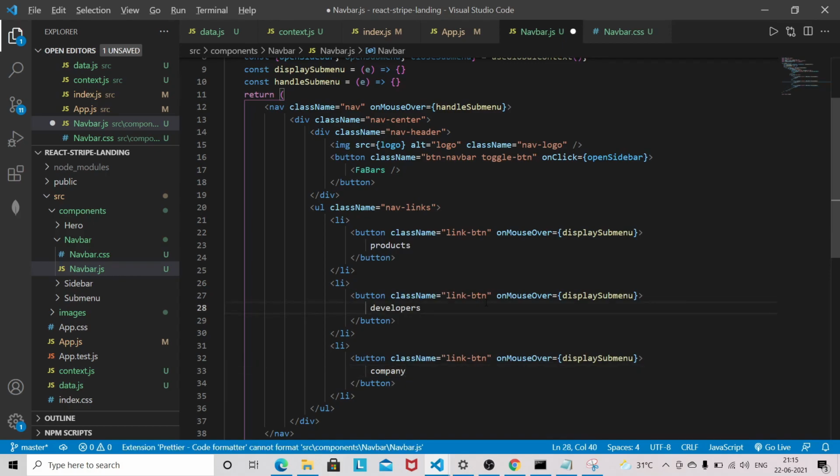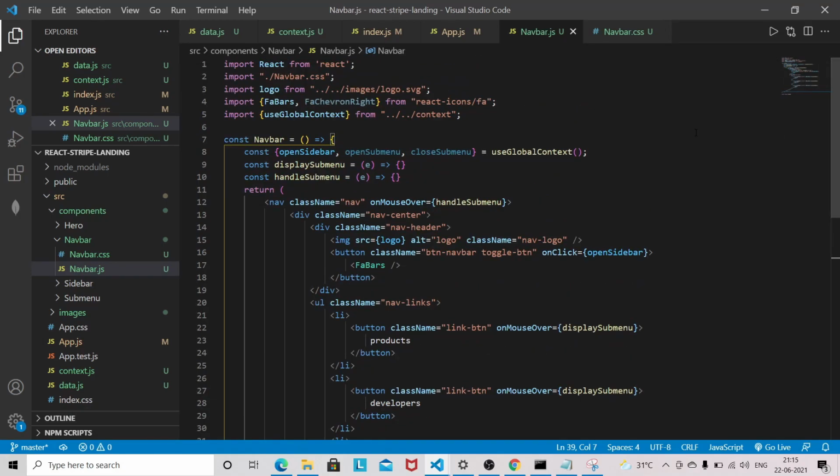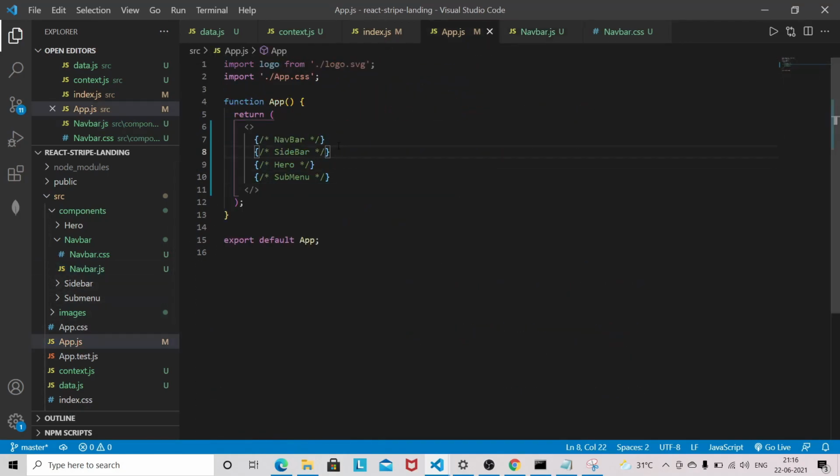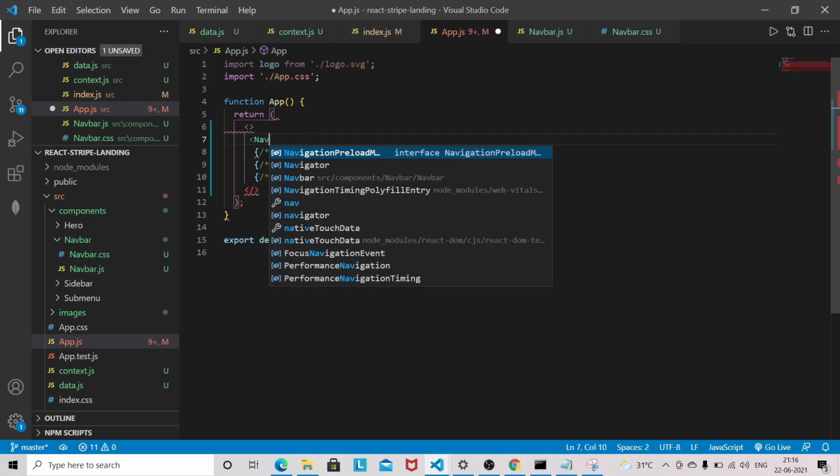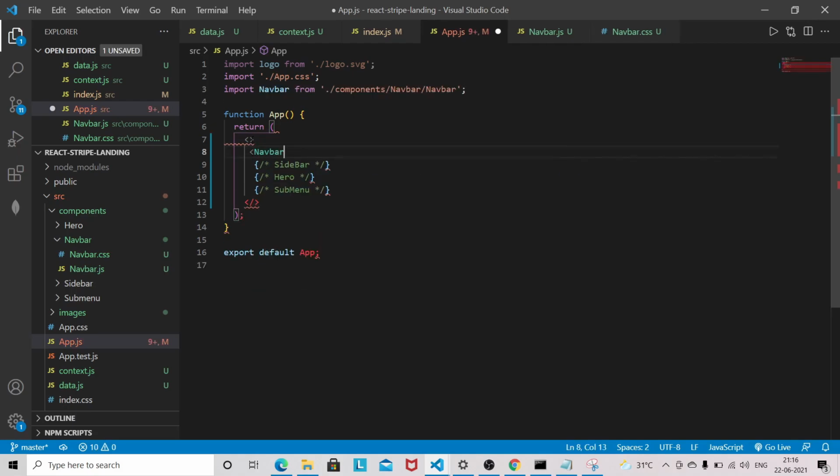Okay, so let's put it into the app.js first, so that we don't face any issue. So I'll be putting the navbar. VS Code automatically suggests this component. So let's go into the browser. Yes, we are getting it, but we don't have the styling yet.